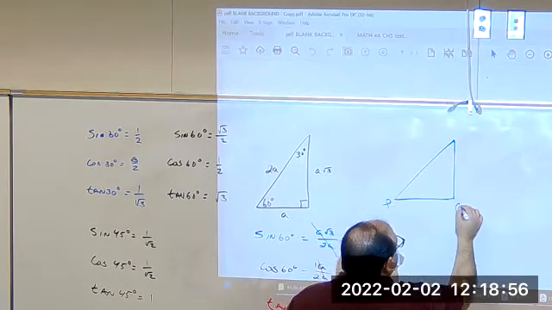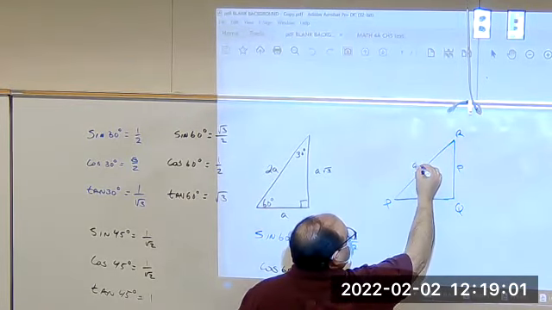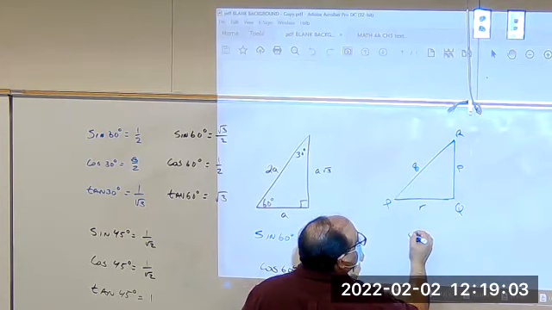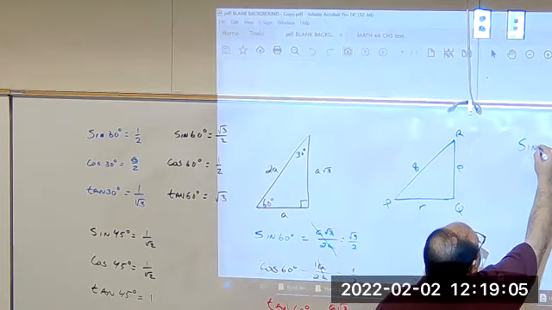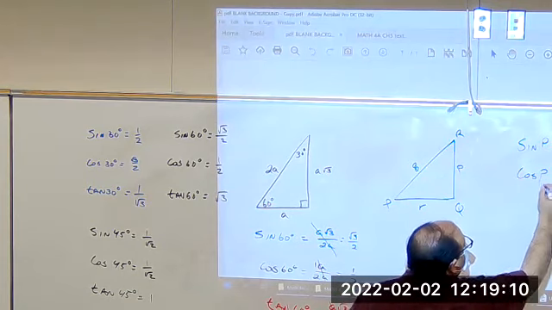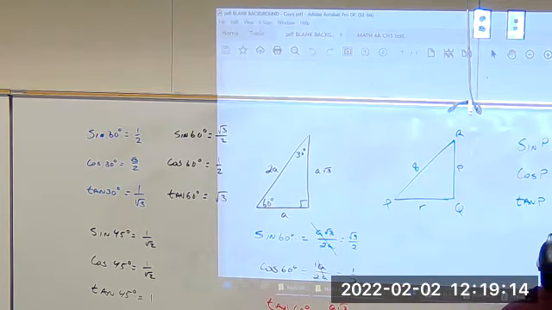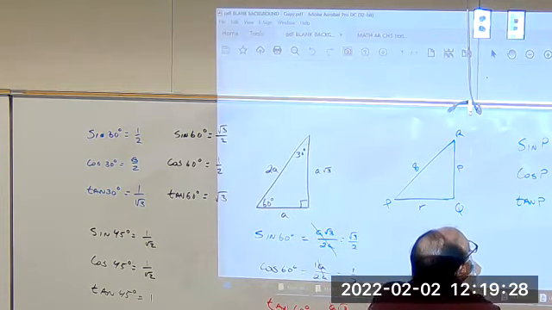So PQR. There's a little P, there's a little Q right there, there's a little R right here. And so let's compare the sine of angle P, the cosine of angle P, the tangent of angle P, the sine of angle R, the cosine of angle R, and the tangent of angle R. The sine of P